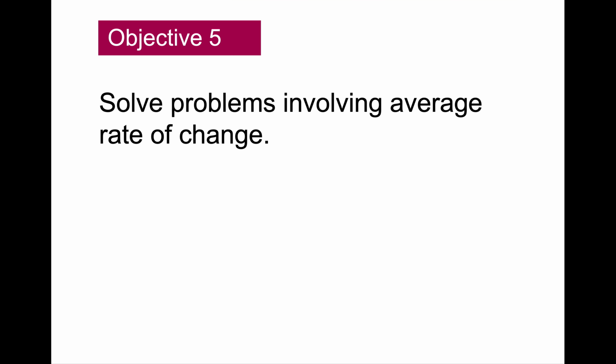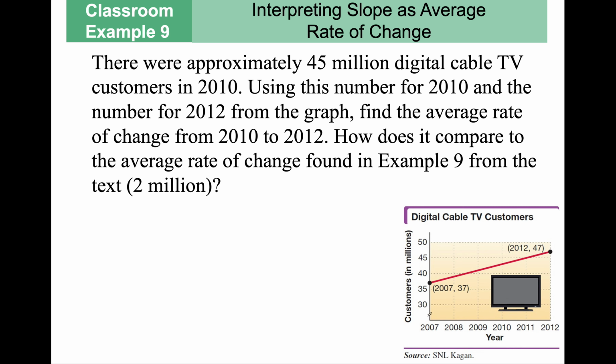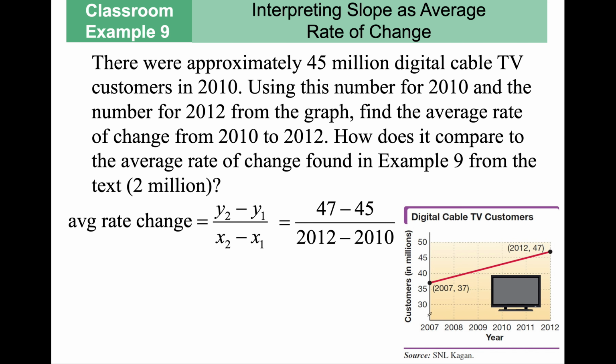So let's look at problems that are going to involve the average rate of change. The slope formula applied to any 2 points is called the average rate of change. So it's a new way we can ask you to find the slope. In a problem, they would say something like, how does it compare to the average rate of change found in example 9? So I would follow the slope formula once I see that keyword and I get a slope of